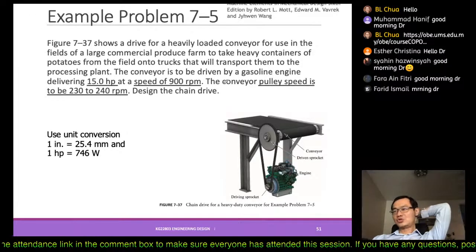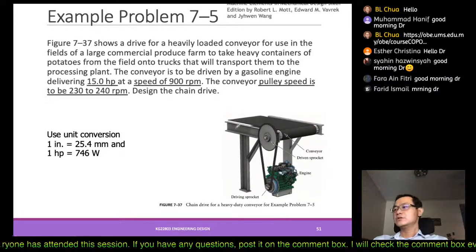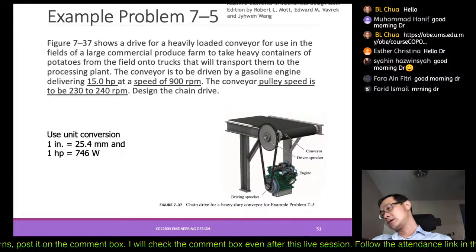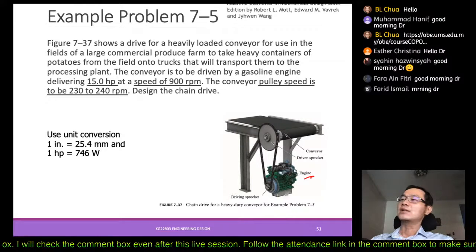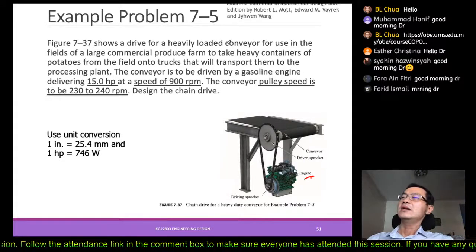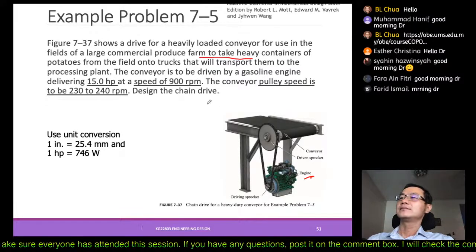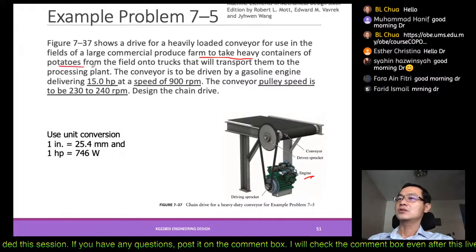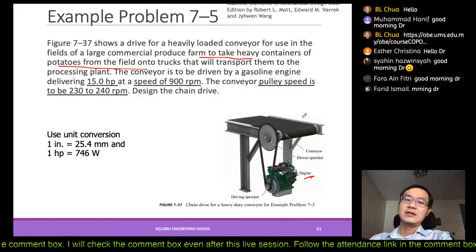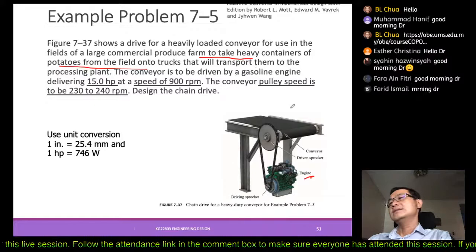So now we will go through one example from this design book by Robert Norton. You can see that this is a chain drive, where the motor or the engine, this is the engine, is located at the bottom of your conveyor. This conveyor is a heavily loaded conveyor used in commercial farm production to carry potatoes from the field to the truck. So there is a large amount of mass being deposited on top of this. And we can see that the gasoline